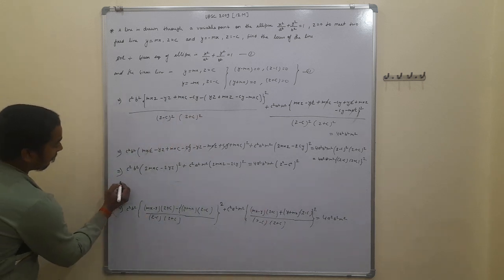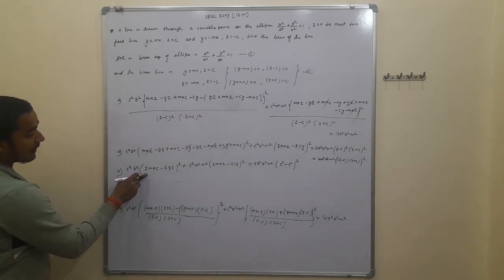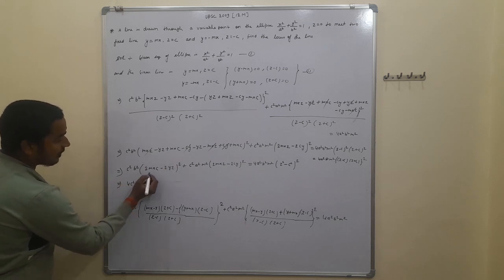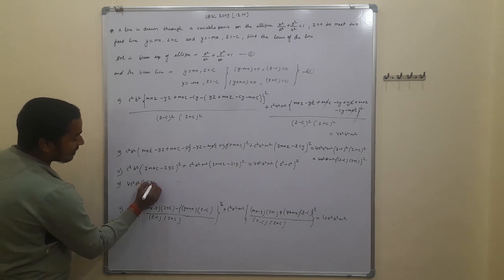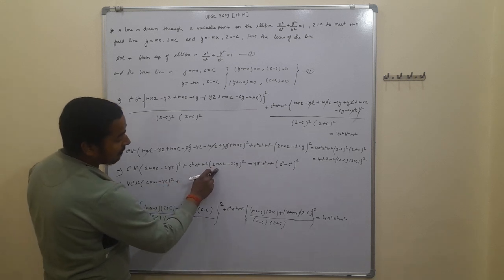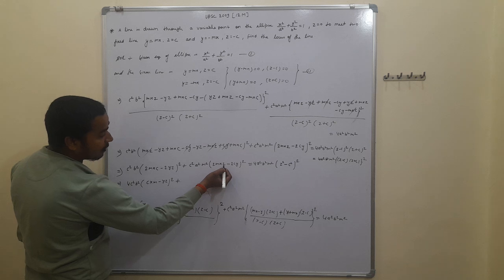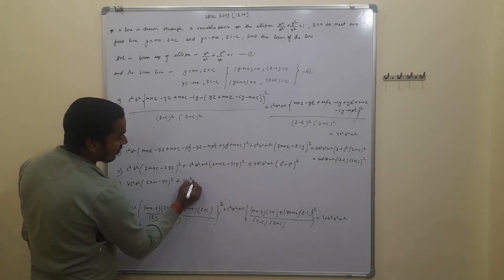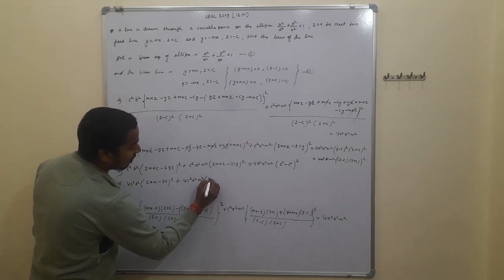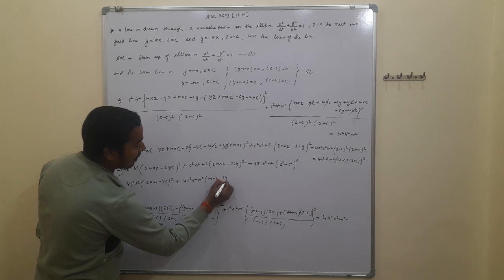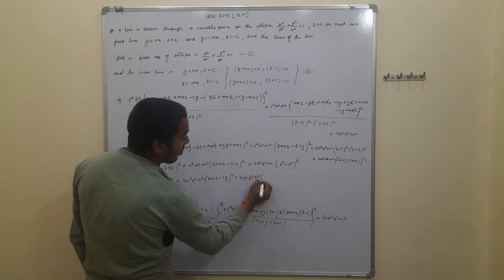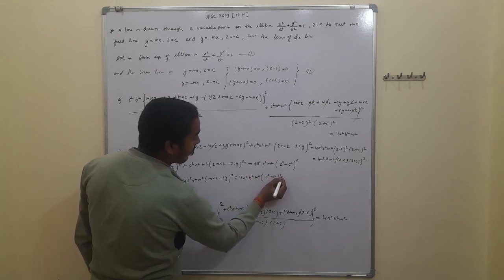Further from here we have to take common 2, and on squaring that is 4, that is 4 times of c square into b square, then the remaining is mx written as cxm minus of yz whole square, and plus of, we can also take common 2 from here, on squaring that is 4c square a square into m square, and here is mxz minus of cy whole square is equal to 4a square b square into m square into z square minus of c square whole square.